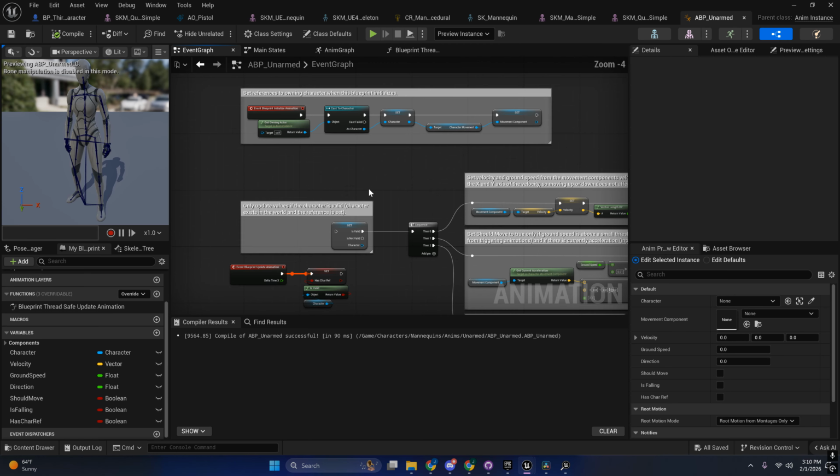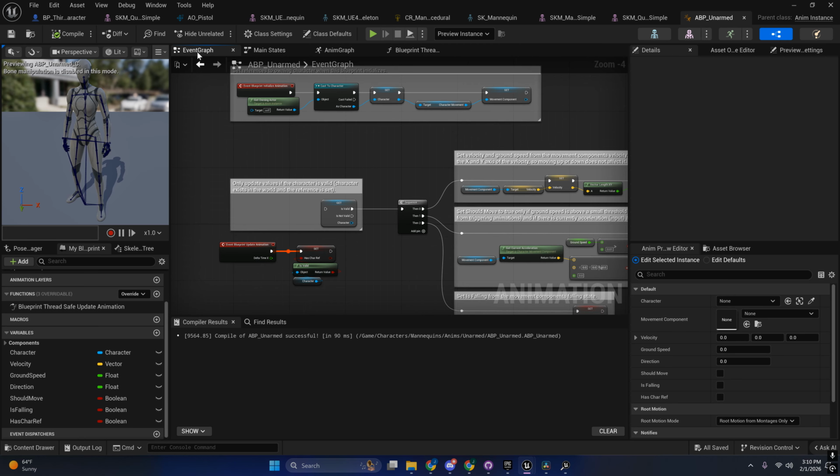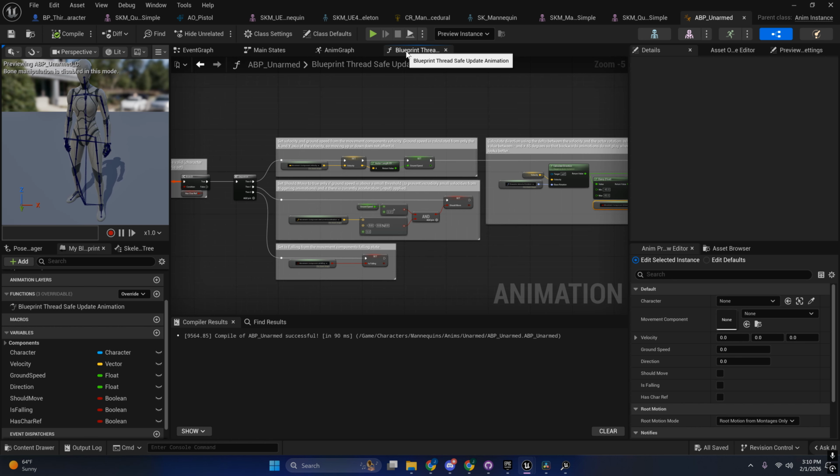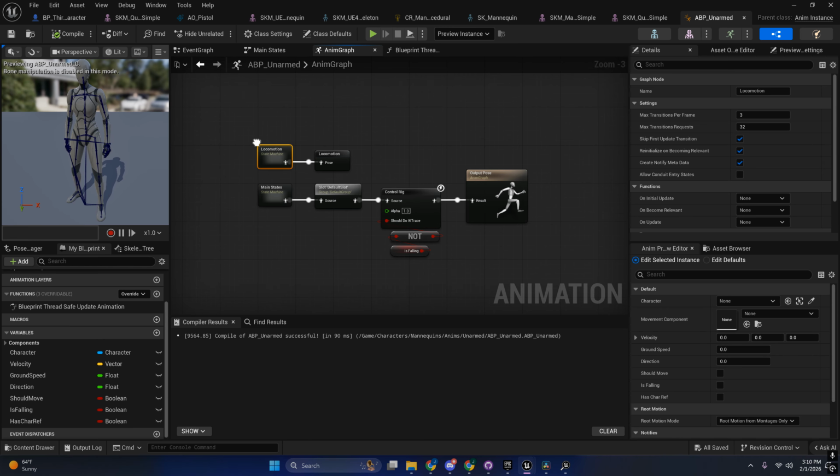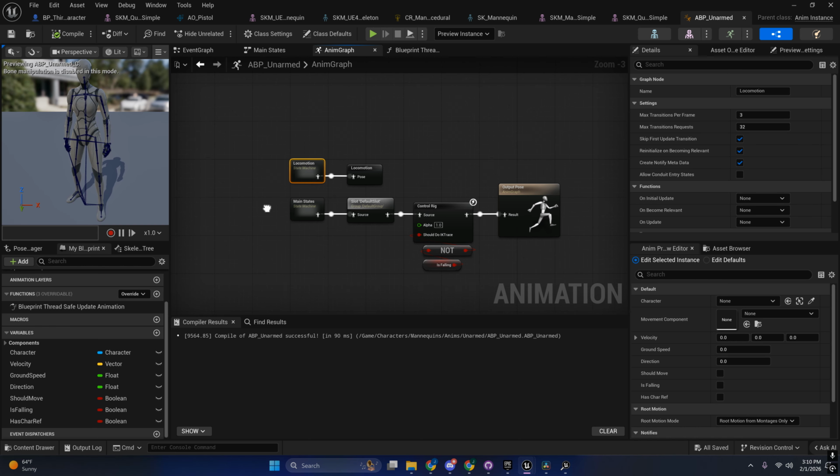But yeah, that's basically the order of operation. You have your event graph that executes. Then you have your Blueprint Thread Safe Update Animation event that executes. And then your anim graph itself gets executed, and it gets executed from the end all the way this way. So